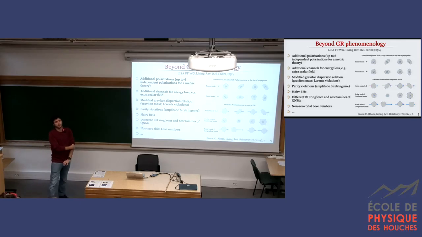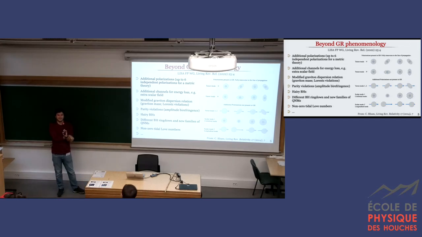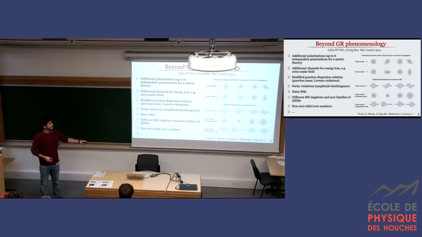Although there's interest in this test of polarizations, I will not talk about it, because if I have to be extremely honest, I don't think it's the best way to constrain GR. Most likely, even if you detect an extra polarization, you will be able to constrain the theory already much better through another approach. An example would be scalar tensor. In scalar tensor, if there was scalar radiation strong enough for you to detect, the longitudinal mode, one of these scalar modes, for example,